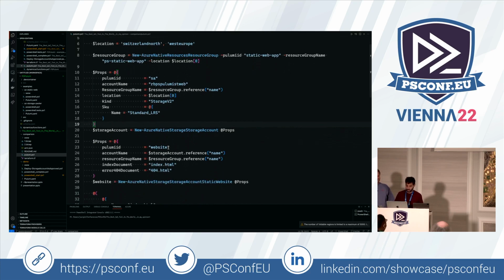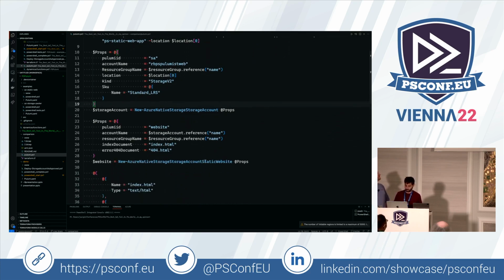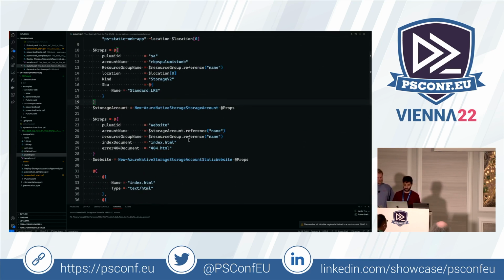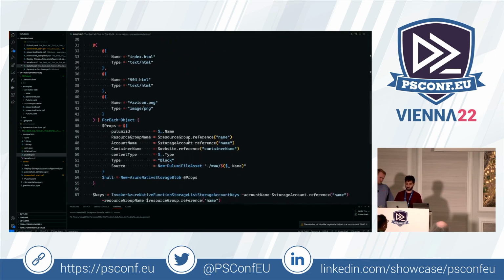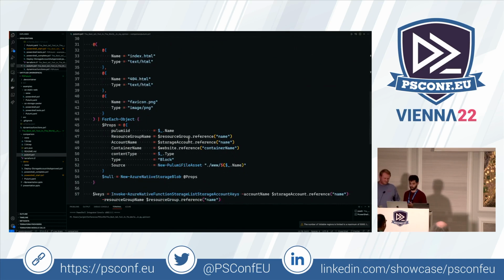Yeah, so then we come down here and we create the static website, and here we've got another couple of references, the same as what we had before. And then it comes to the interesting stuff. This is something that would be so difficult, and I know when I first learned Terraform, and Jan mentioned as well, this is one of the things he hates about Terraform, and it's the same in ARM, the same in Bicep. If you want to do anything complex with for each or objects, it's very difficult syntax